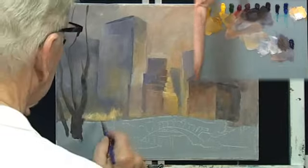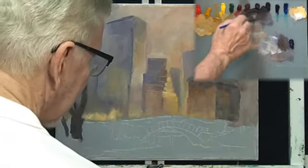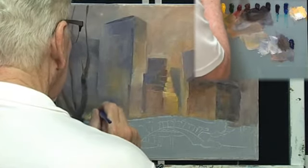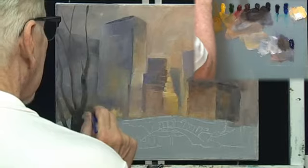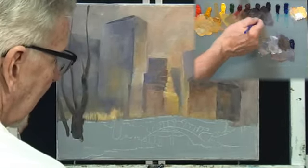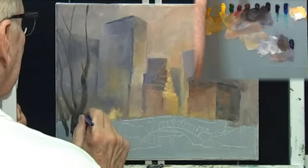A couple there. There's another little tree that sort of comes up here. There's a bunch of trees. I just noticed that there's a lot of little things back here going on. I'm just using this flat wash brush and just sort of pulling up, and as I pull up I'm getting some